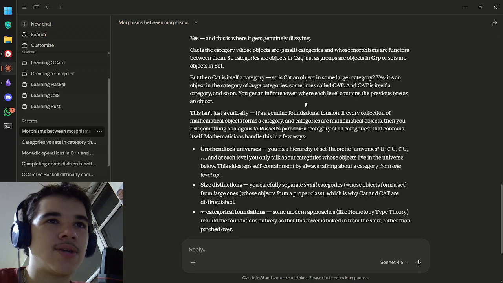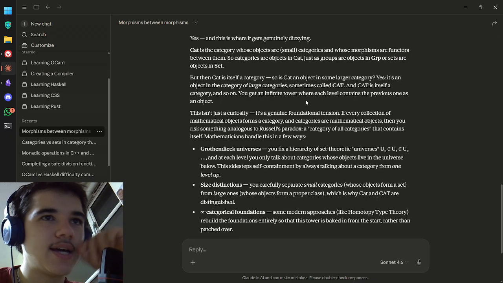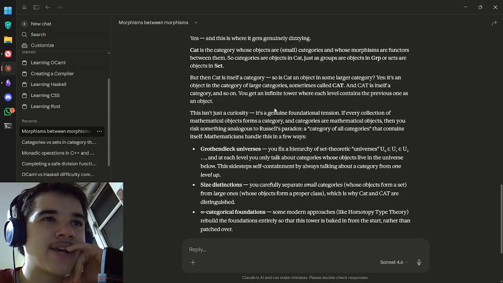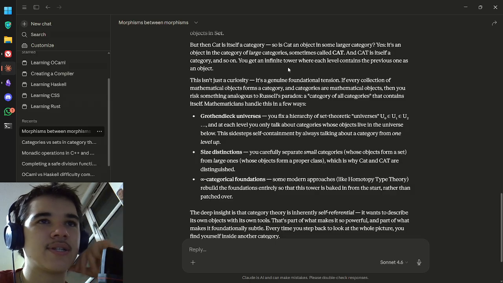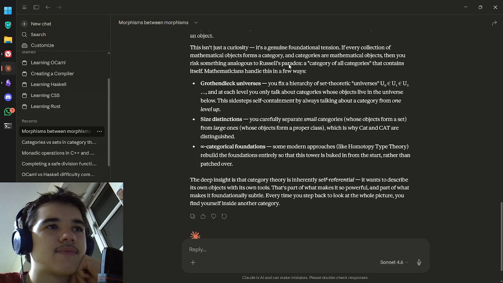It's not just a curiosity, it's a genuine foundational tension. If every collection of mathematical objects forms a category, and categories are mathematical objects, then you risk something analogous to Russell's paradox: a category of all categories that contains itself. Oh my god,